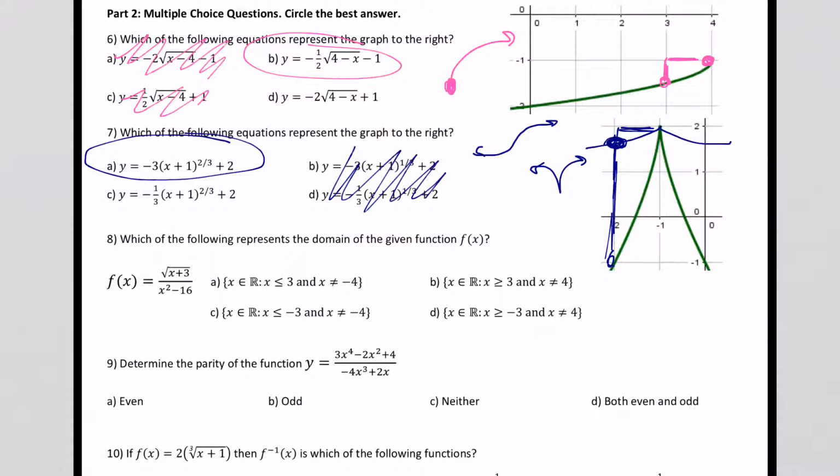Problem number 8 wants us to state or match the function with its domain. And that function is a rational function. It's not a rational function I would expect you to be able to graph, but you totally could. But it is interesting. If you think about the domain of a function, one way to think about the domain